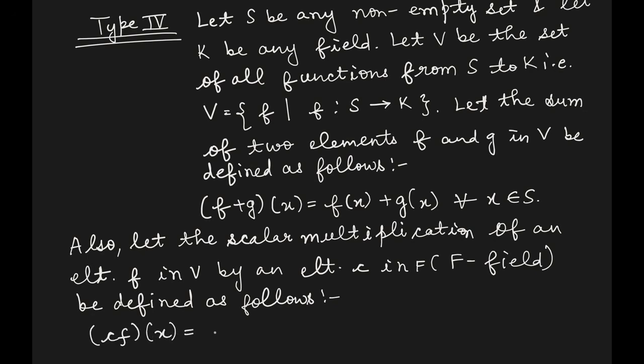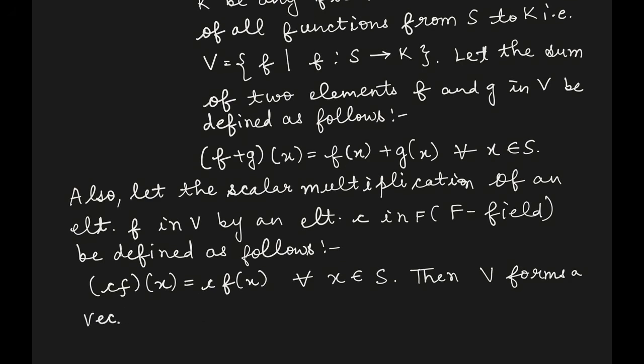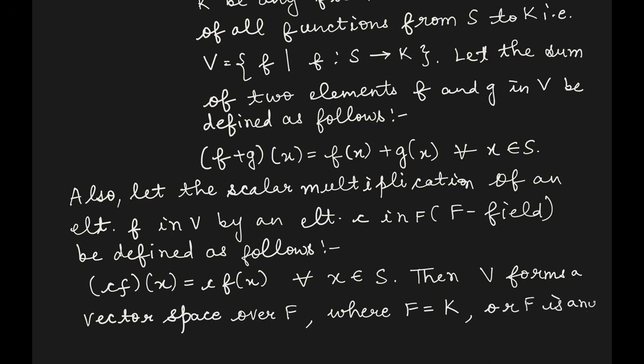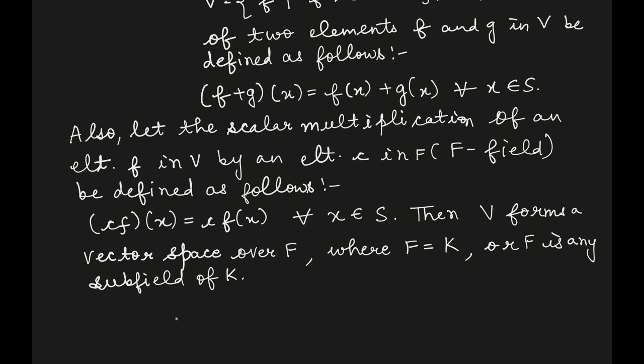Cfx is equal to Cfx for all x belongs to S. Then V forms a vector space over F, where F is equal to K, or F is any subfield of K. For example,